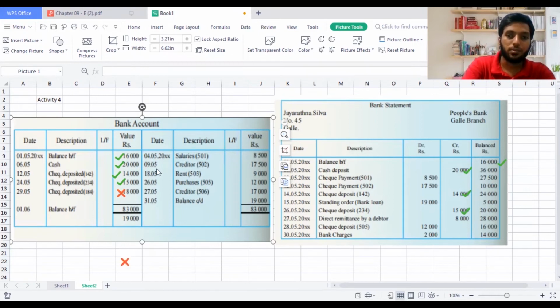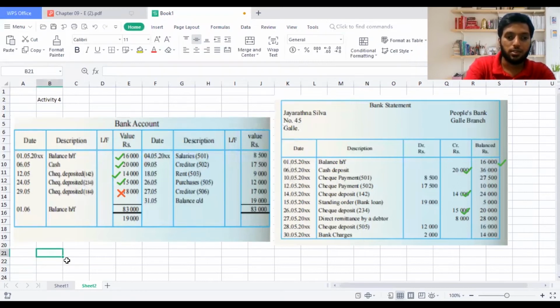So I can write here a small thing which you also need to understand. I compared the first side, but I'm going to write here the debit side unrealized check. What is the value of the unrealized check which we found? We found an unrealized check on the debit side. I compared my bank account with the bank statement, so I found a bank unrealized check. The value is 18,000. I'll zoom a bit later, guys. The check number is 184, so I'll write just 184 here for my clearance. This is the way you should also do it in your exams.